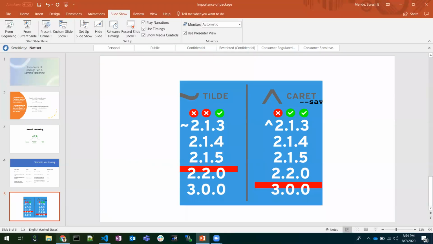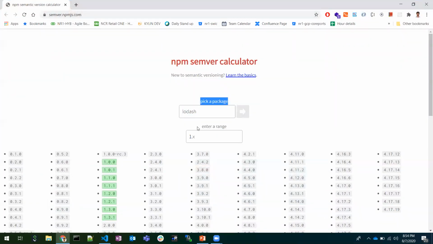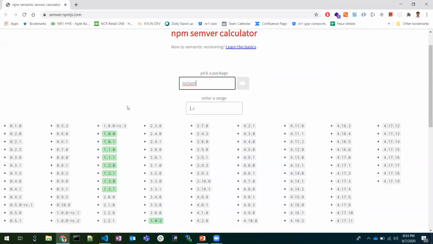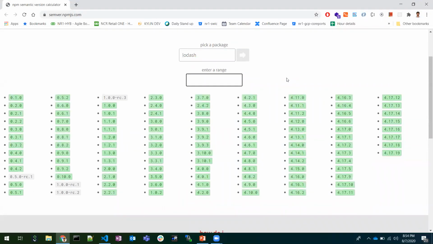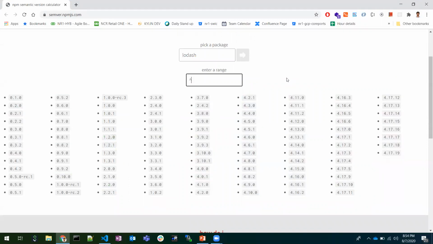So we have a semantic versioning calculator here. With the help of this calculator, we can identify in what range the package would be picked. I will keep a caret. I have entered a package name; you can search here and keep a caret 3.x.x. It means anything. So I'm trying to access the package Lodash with 3.x.x.